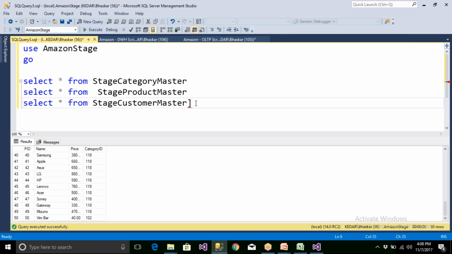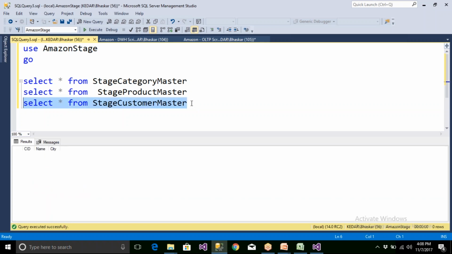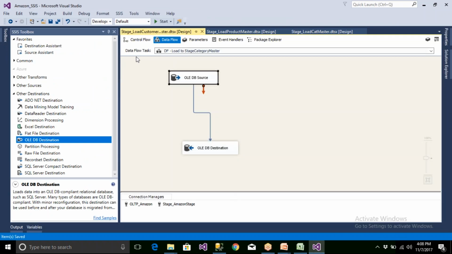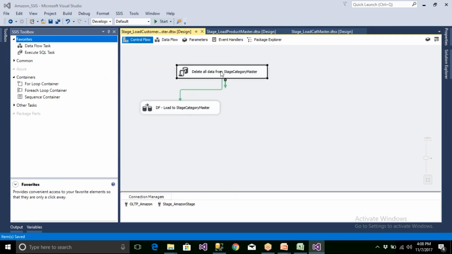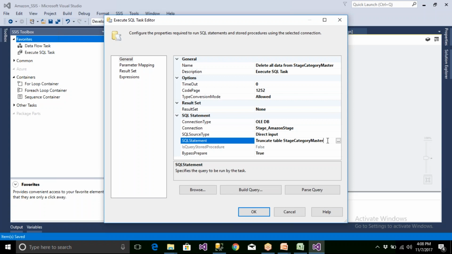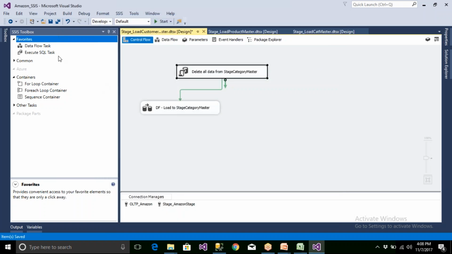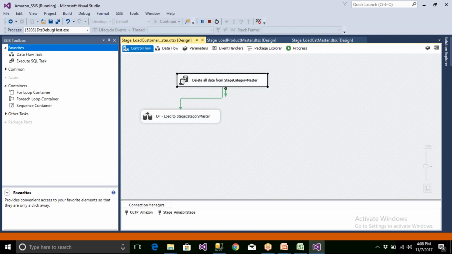No, this is the table I'm talking about. So this table doesn't have any data. Control C, and you have to go to control flow. And here you have to ensure that you delete this and paste this. And Amazon stage, many people will give the source. It's not the source data we're deleting. Try to understand. We're deleting destination table data.